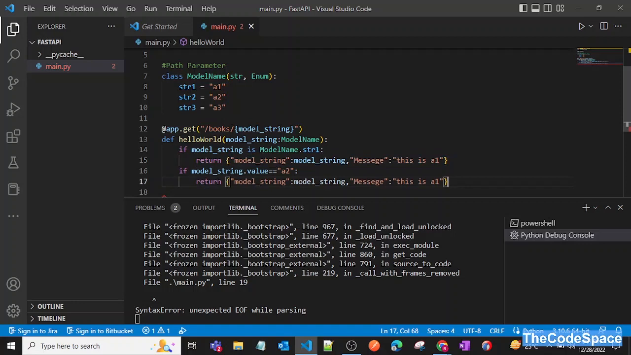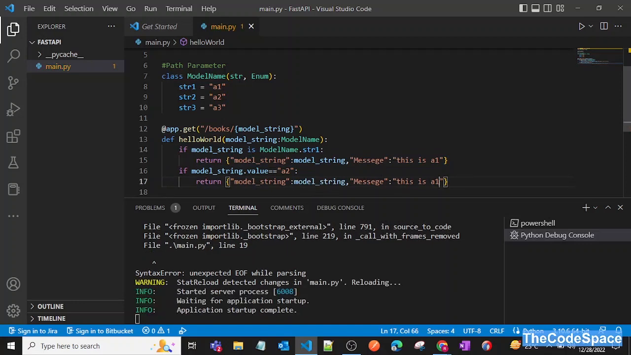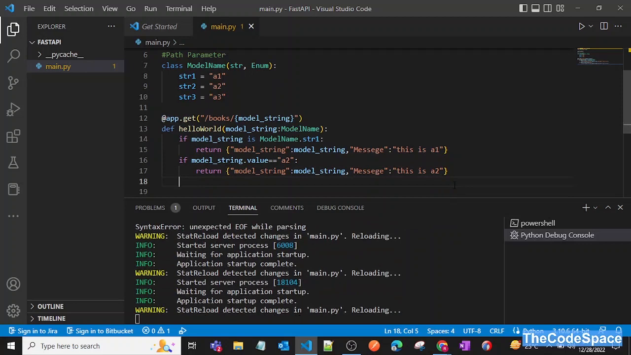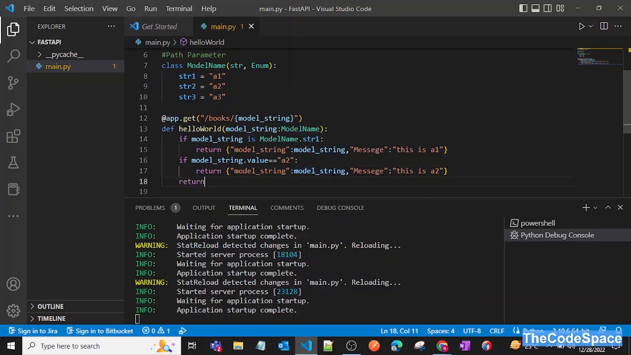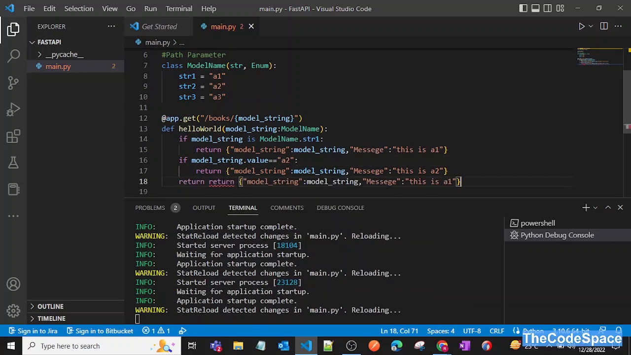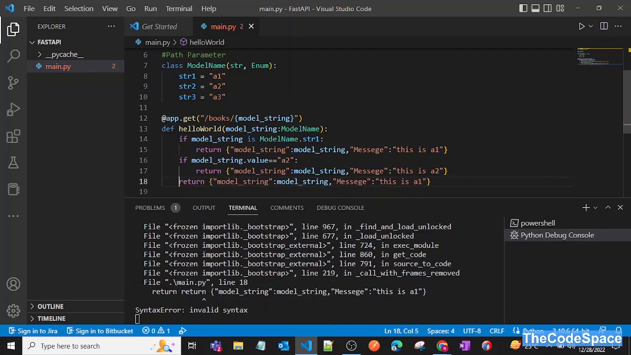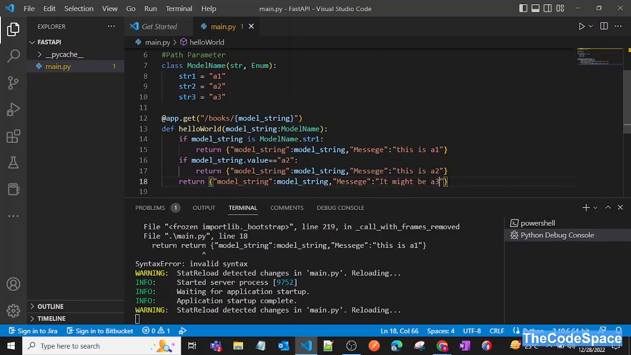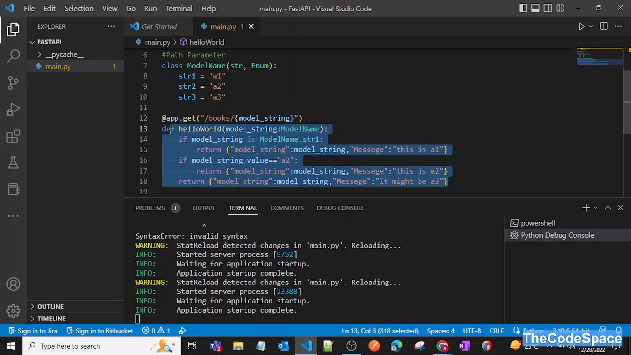So I'll just copy and paste this line, and I'll just say this is a2. Okay, so now we are just returning that. If this is not the case, then we can just return another return statement, and we will just return that it might be a3. Okay, so now as you can see, we can do this kind of thing